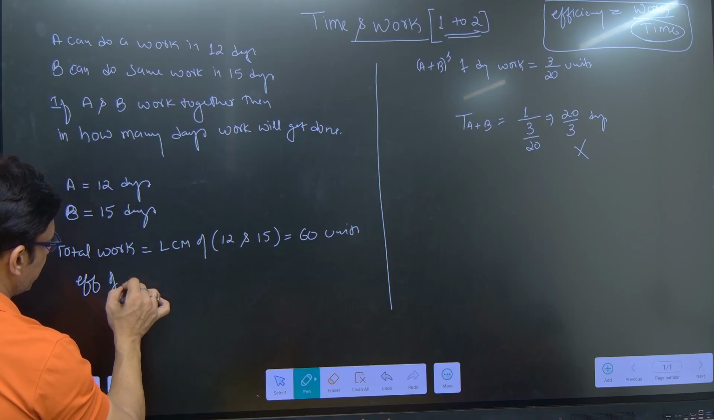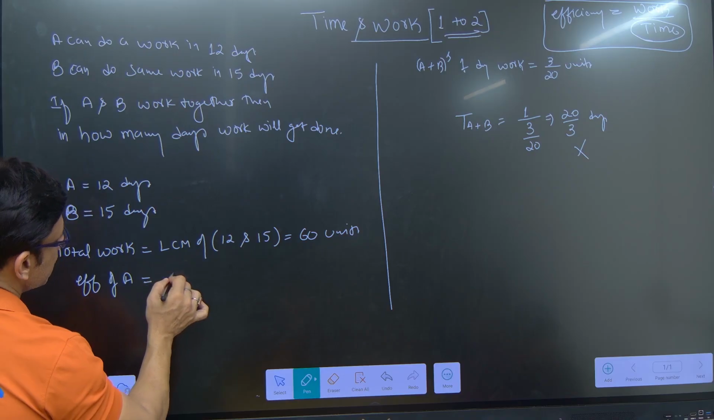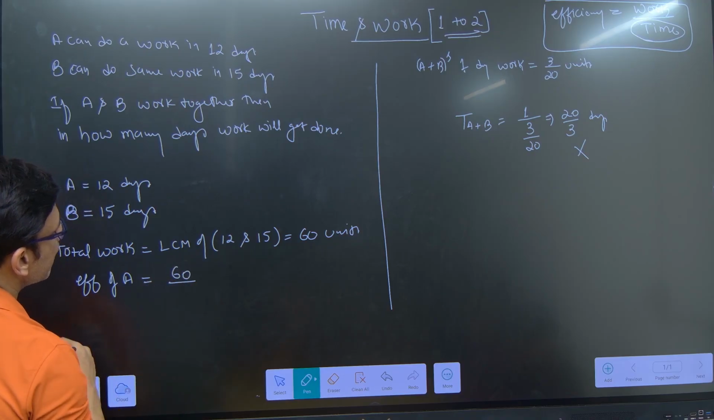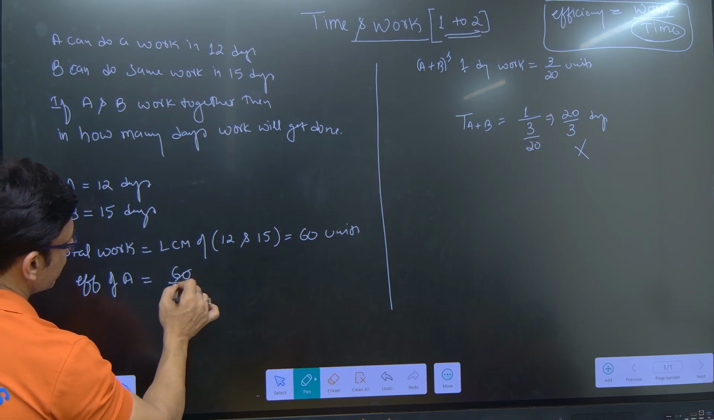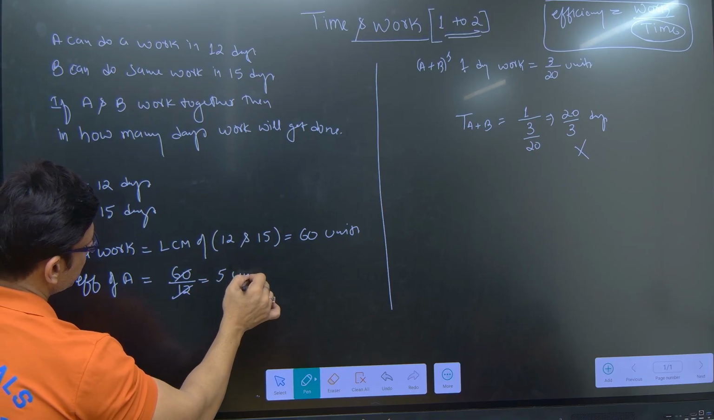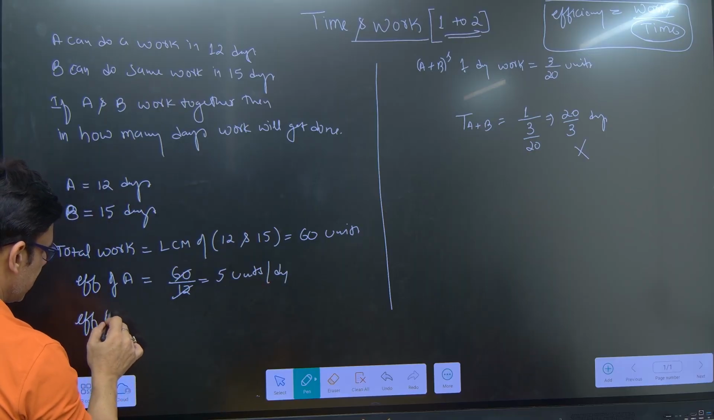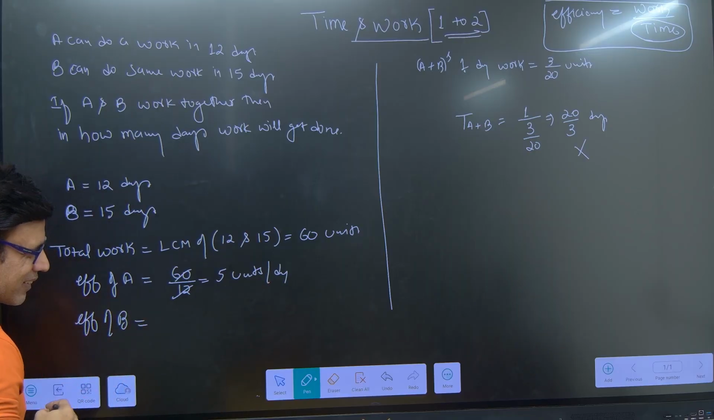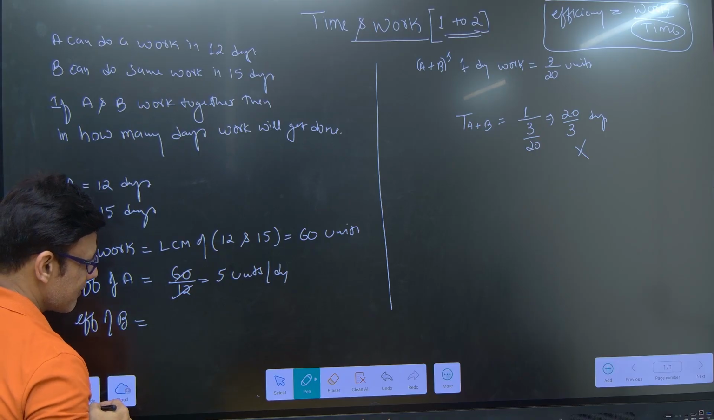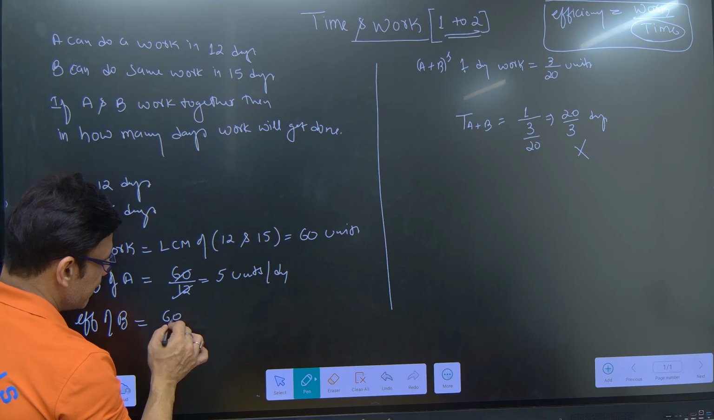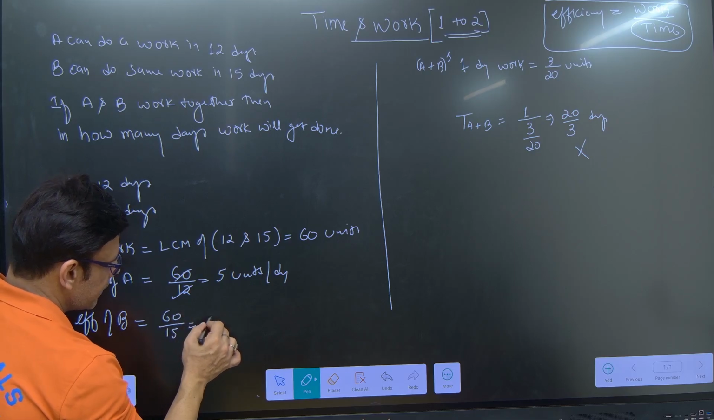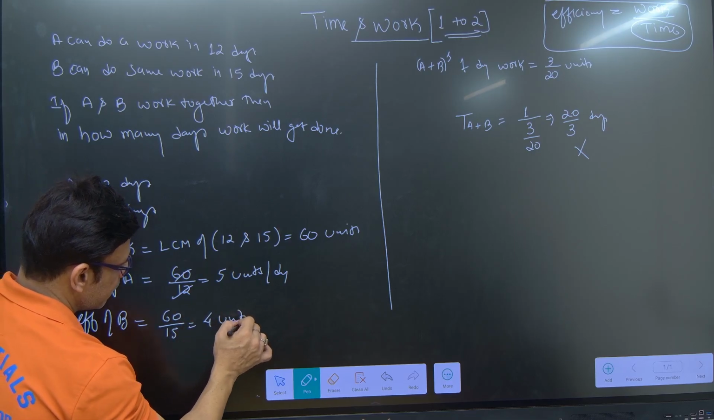What is the efficiency of A? 60 by 12, which will give you 5 units per day. What about efficiency of B? 60 by 15, which is 4 units per day,